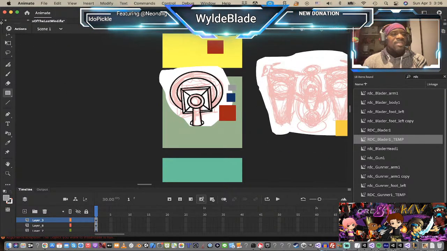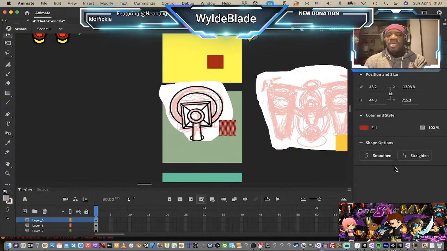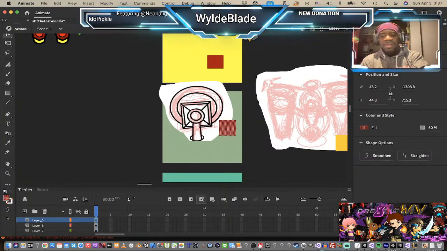All right, so once you select your color palette squares, what you can do is go here and go ahead and click all of these guys. Well, actually, let me just click these two that I don't need right now, and I'll hit X. For this red square, since it's gonna be the main base, I'm gonna go ahead and turn this down to 50, and make it into a movie clip,